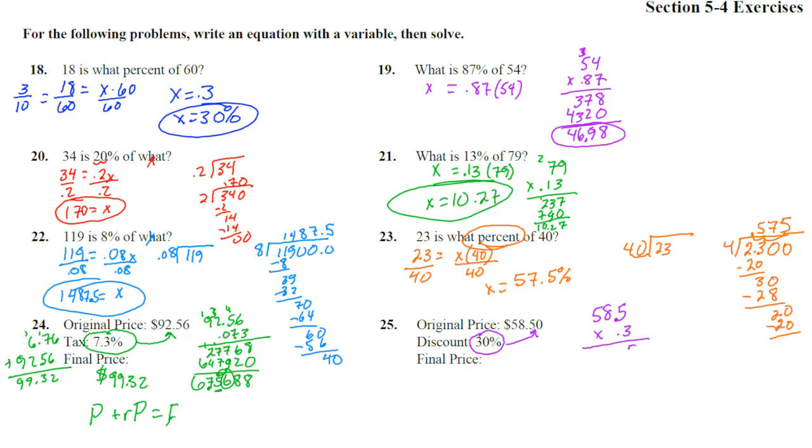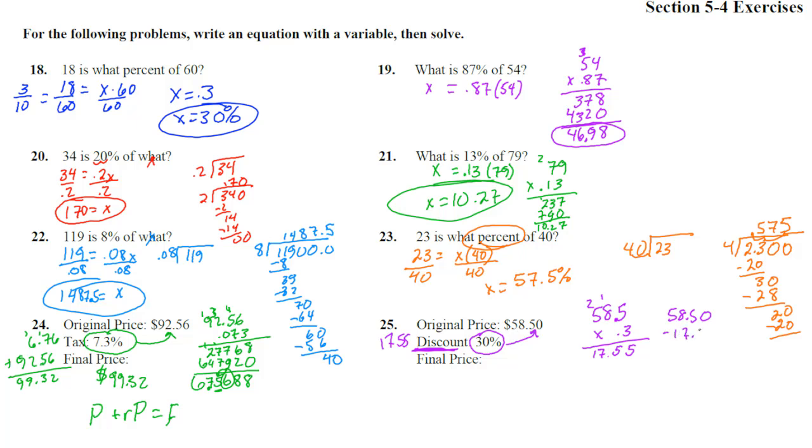So we take 3 times 5 is 15, carry the 1. 3 times 8 is 24, plus 1 is 25, carry the 2. 3 times 5 is 15, plus 2 is 17, 17.55. That is our discount. So now we're going to subtract it because it's a discount. We take 58.50,